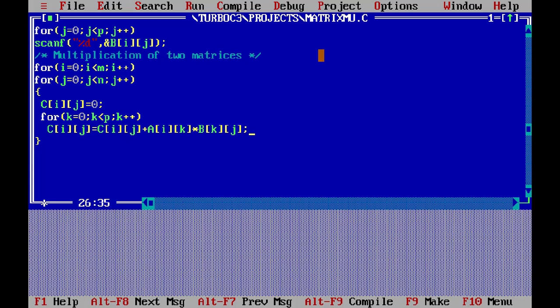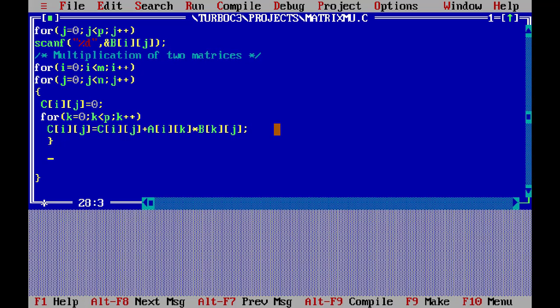So now the multiplication is over. So in order to do the summing up process, here I initialize the C of i j with 0. So that's the reason for doing this. So now the loop process is over here. Okay, so now the multiplication is carried out here.